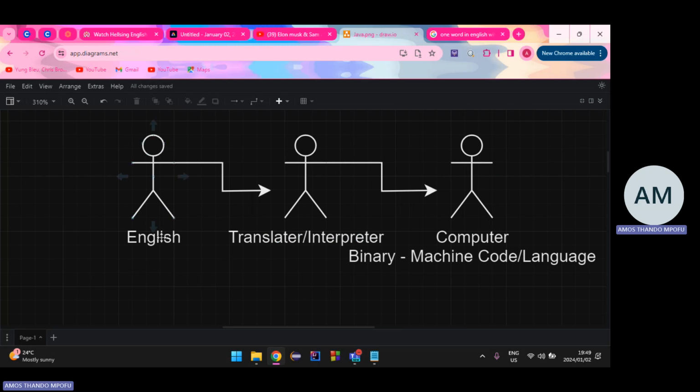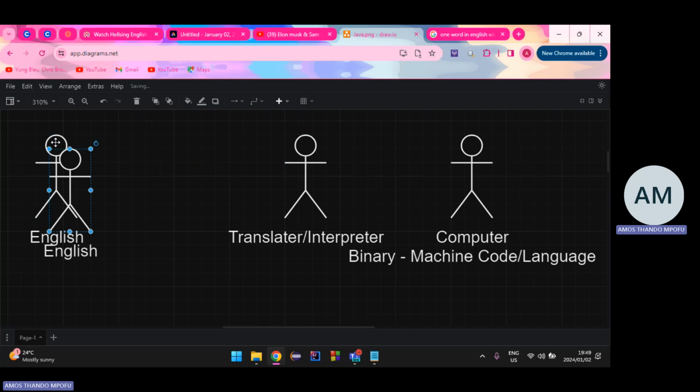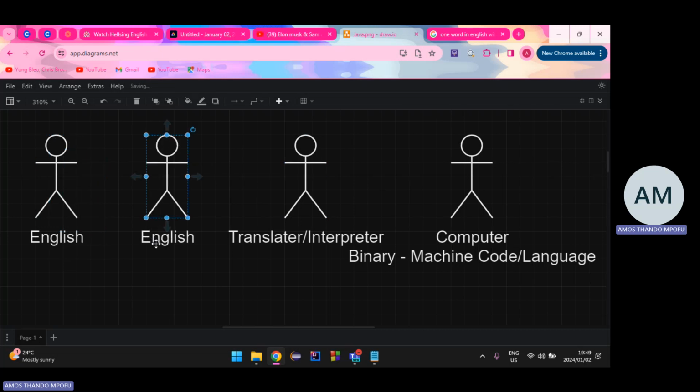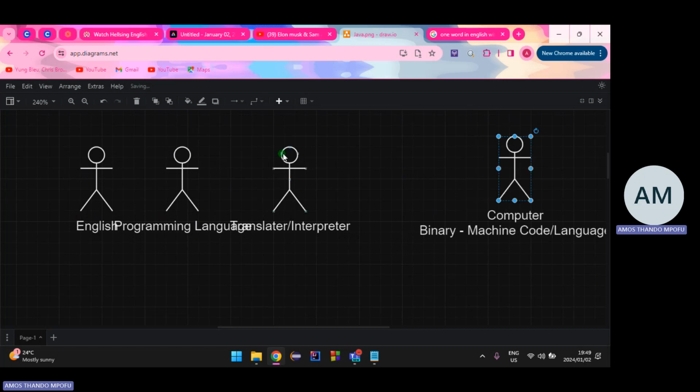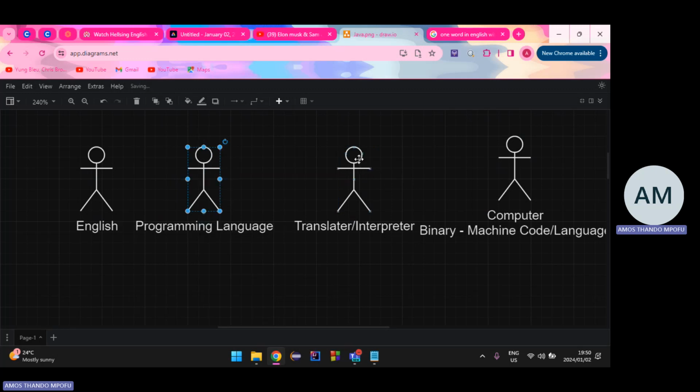So if you look at our diagram again, there's English, right? There's the machine code, zeros and ones, right? The language of the computer. So now we introduce what we call a programming language. With this programming language, it removes all that confusion, like one word having multiple meanings or whatever.